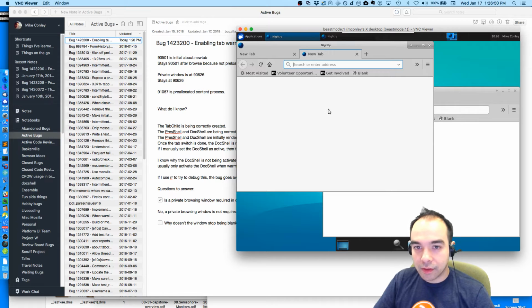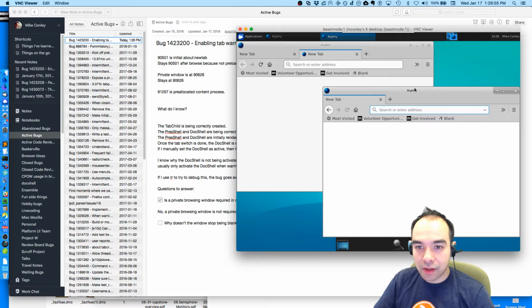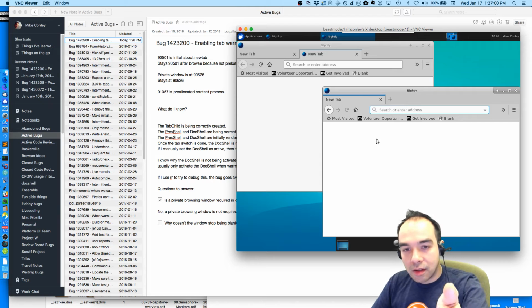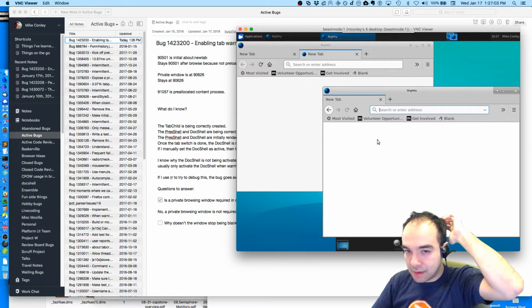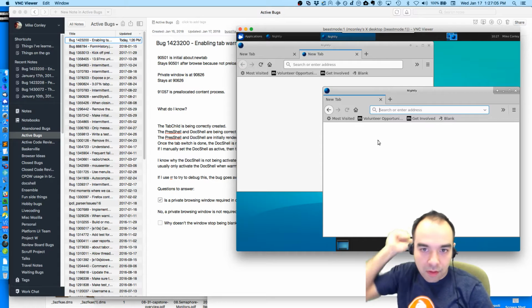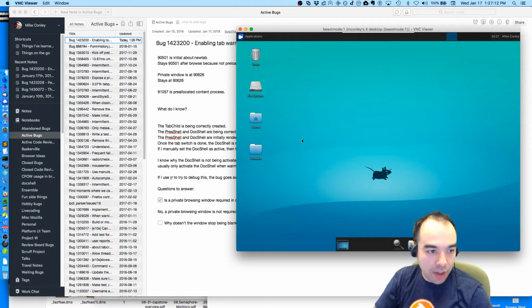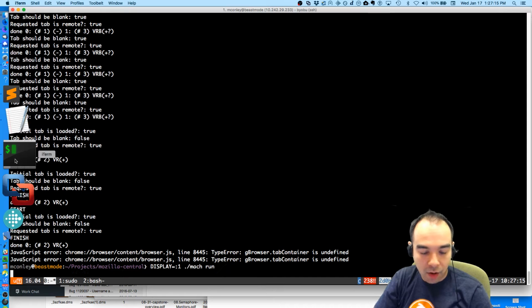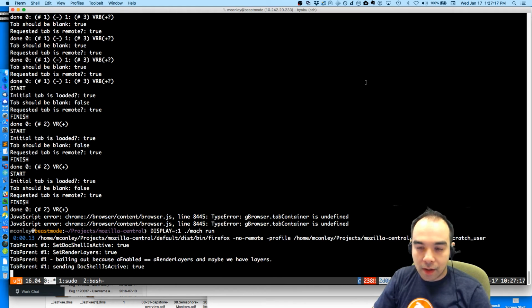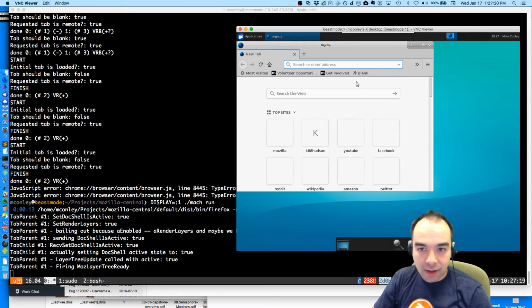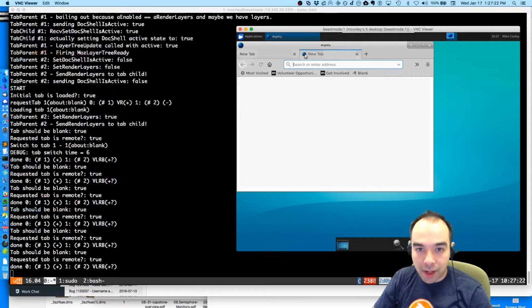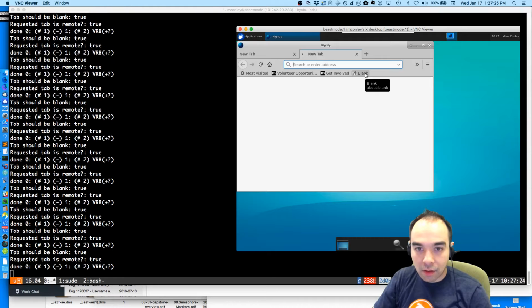So that's interesting. I wonder why that is. Why do you need the second tab, or why do you need the second window in the first place? Why is a second window required? Is it like if I were to just open a third tab in the same window as opposed to having a private tab or a normal tab? So like if I were to do this again, send this to blank, open a new tab here, send this to blank.